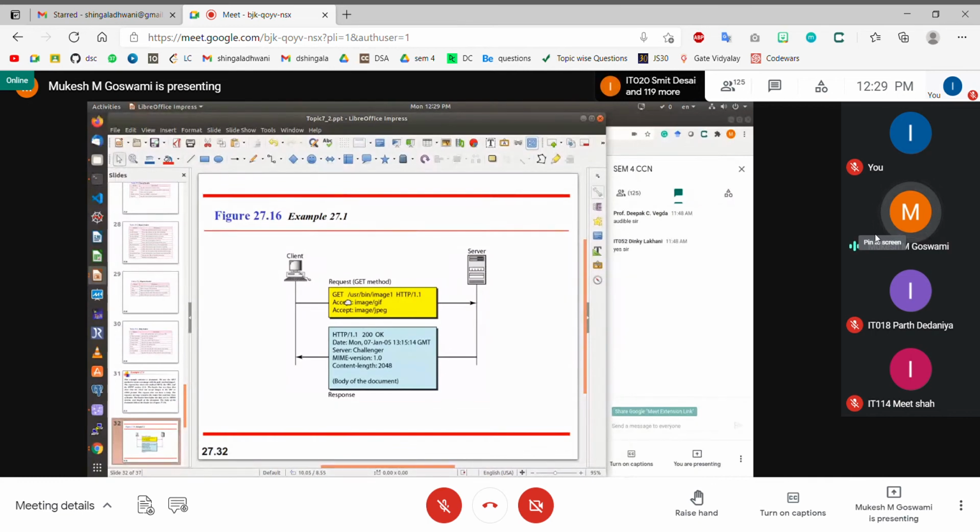The prefix indicates the protocol name and the name of the server to which we are trying to connect. So this prefix part is omitted. The HTTP request actually consists of the suffix, that is the relative path of the content itself, and not the server and the protocol. So you say GET /user/bin/image1. You are asking the server to give you this content. What is the content? The content is image1. And where is this image1 located? The image1 is located in this folder /user/bin on the server.